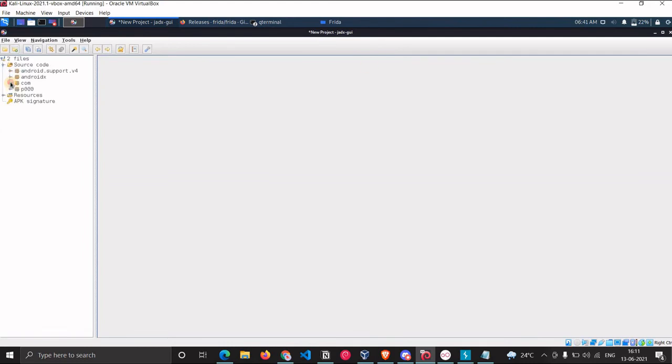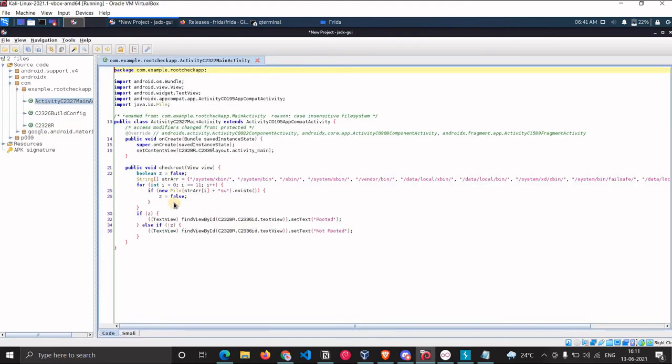Okay, so now if you go to source code, com root check activity main, you can see that Z is now false. So that is why this check failed, and since Z is false, we are getting this non-rooted. Since we have changed the Smali code, we have changed the value of this Z.